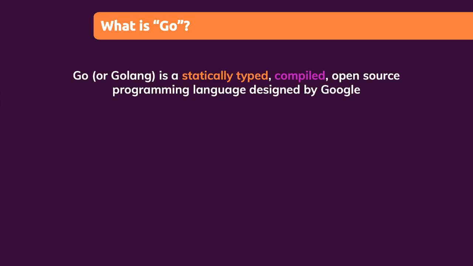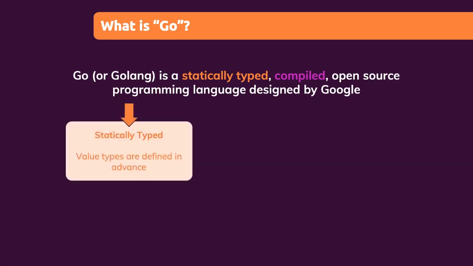Let's focus on those statically typed and compiled parts for now. What does that mean? Statically typed means that value types are defined in advance. If you create a variable, a data container in your program, something we will of course learn about in this course, that variable will have a clearly assigned and defined type. Which means that if you have some variable that stores a number, you can't suddenly store a string, so text,